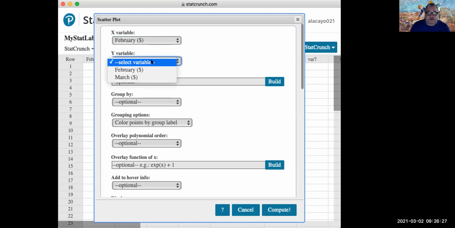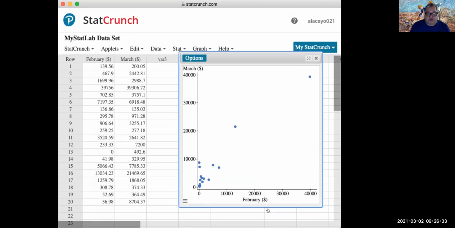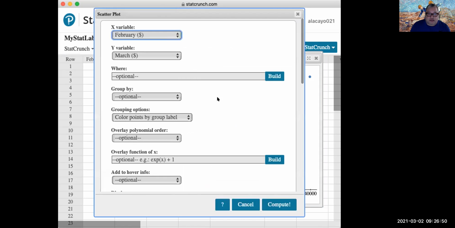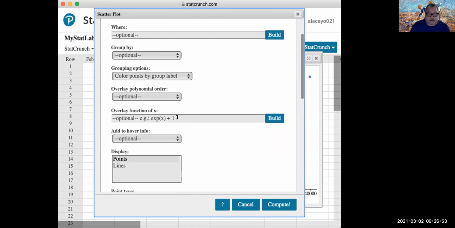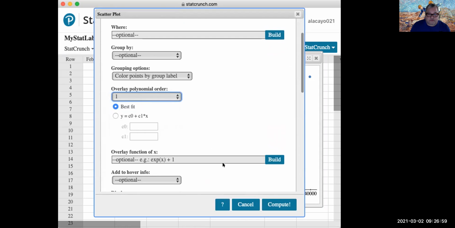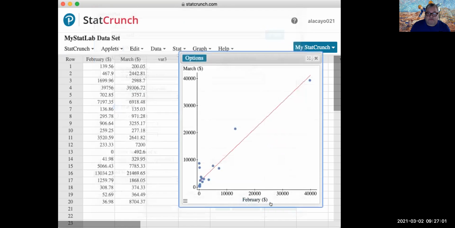You set February to be the X variable and March to be the predicted variable Y, and you compute. And you look at the scatter plot, and you'll see an image that looks a little bent, actually. It looks a little not linear. But if we activate in the options an overlay of a linear function, a line of best fit, a regression line, we'll see that nearly all the data points are close to a linear path. So the linearity assumption is not badly